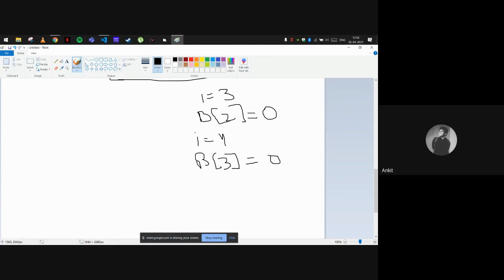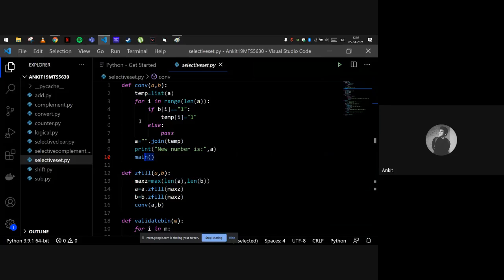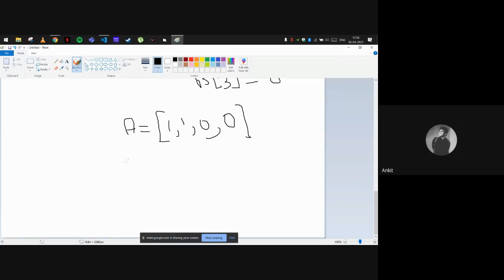So we again will pass. So our final list will be this one. And now using this statement, a dot join temp, it will be created as a string 1 0 0. So it will be our final output.